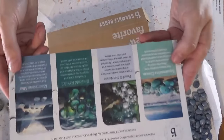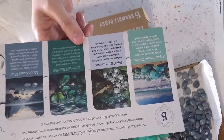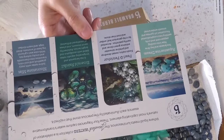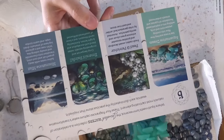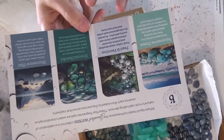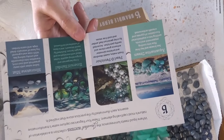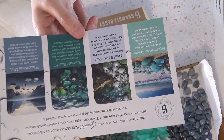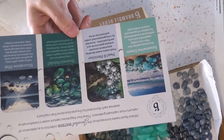So there are 4 new scents. These are all kind of earthy, atmospheric, like ocean type smells. So if you like that, you probably will love these. We have Aquamarine Dream, just sea breeze and key lime, flowing into a cool peppermint, and settling into sophisticated cypress